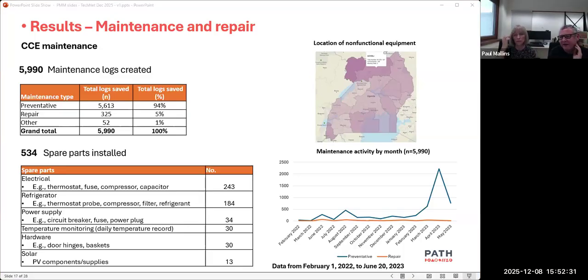Yeah, just to underline Matt's presentation. So we didn't want to reinvent the wheel. So we found Uganda using this CCIS for their whole cold chain inventory and for their maintenance. And we found it to be very, very useful and really working well for them. The National EPI was very pleased with it. So for PMM, we just decided to add on our indicators onto the CCIS because we already had the inventory. And this turned out to work well for us.